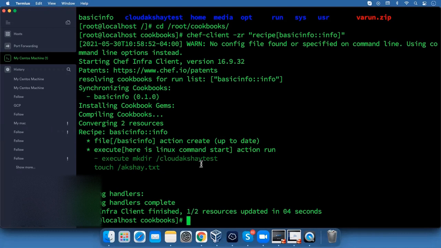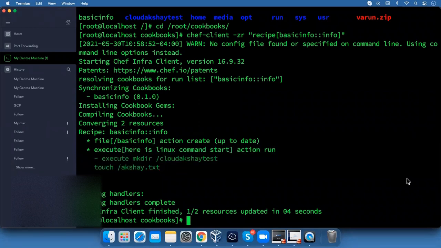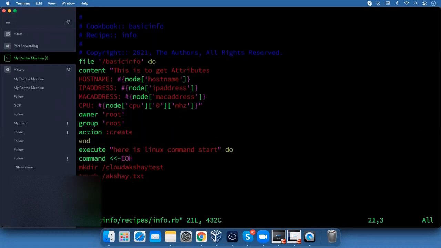So let's remove this Linux command from the Ruby code and check. Edit basic info recipes info.rb, hit enter, remove the code.